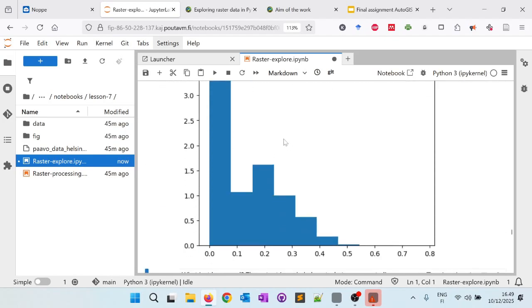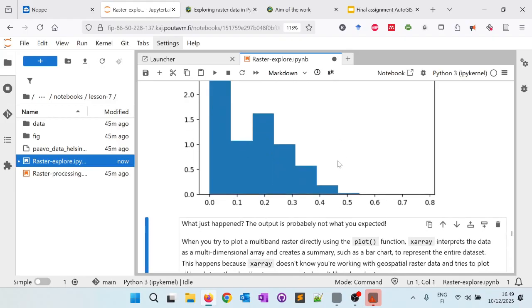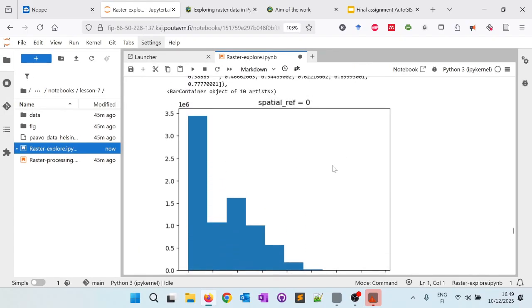So if you plot your multi-band raster, instead of an image, you will end up with this kind of histogram. So it gives you a histogram of the pixel values instead of the plot. So this gives you a clue that there are more than one band. And when you use that plot, it doesn't know which one to plot. So yeah, so we have a multi-band